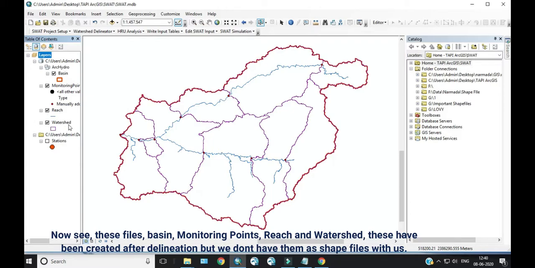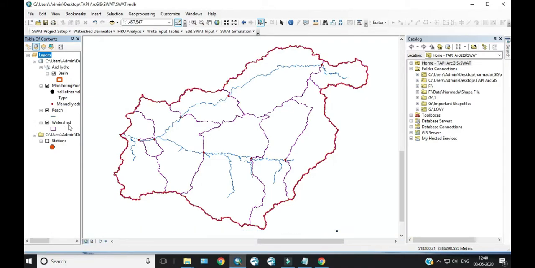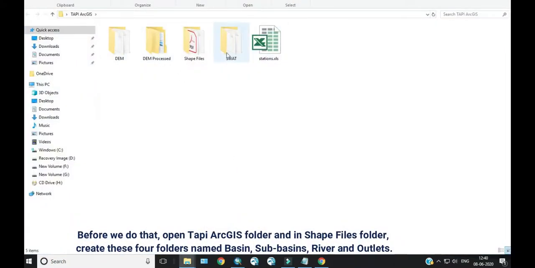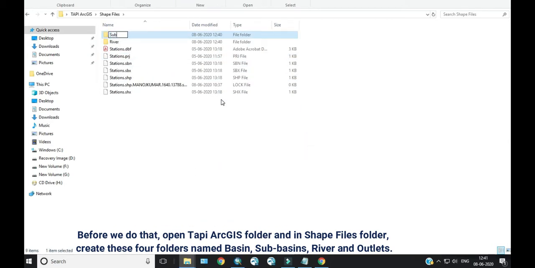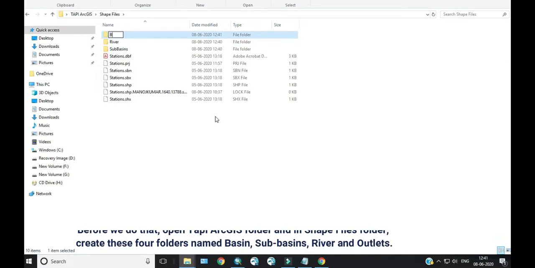These have been created after delineation, but we don't have them as shape files with us. So we will export each one of them and save with us. Before we do that, open Tapi ArcGIS folder and in shapefiles folder create these 4 folders named basin, subbasins, river